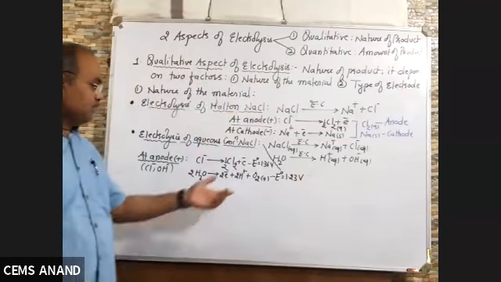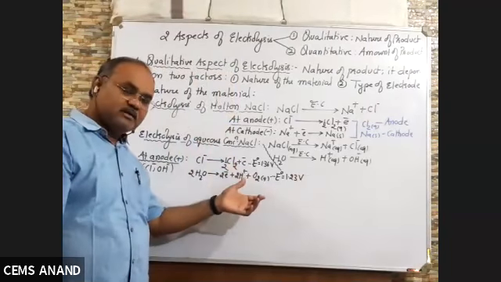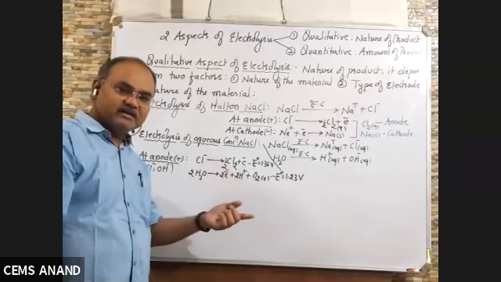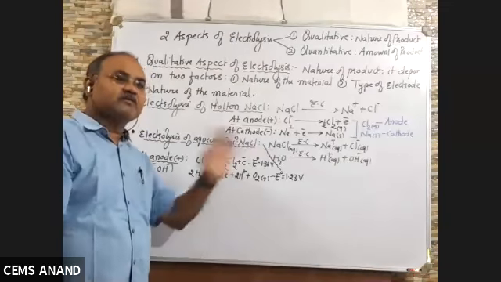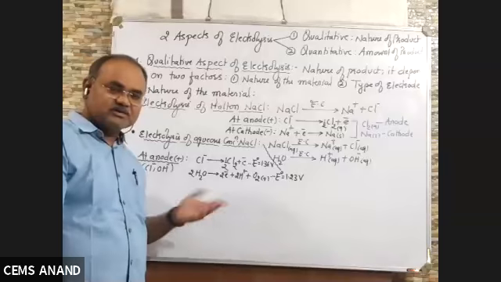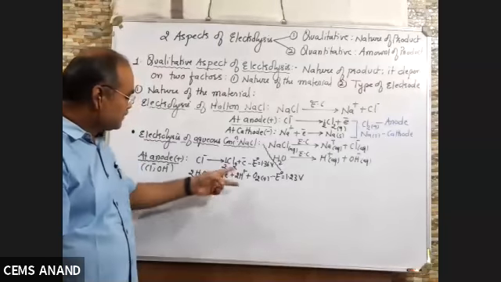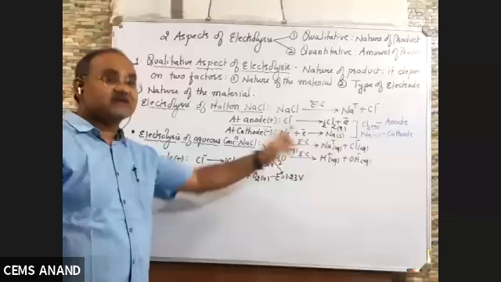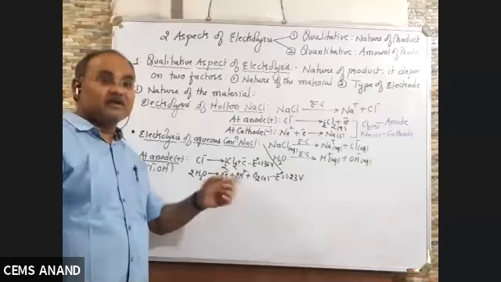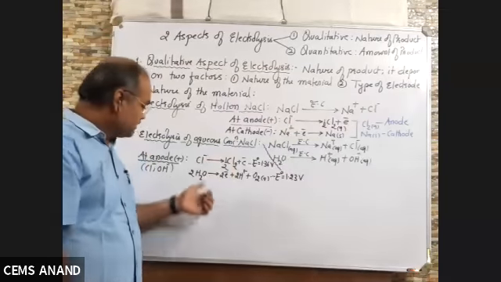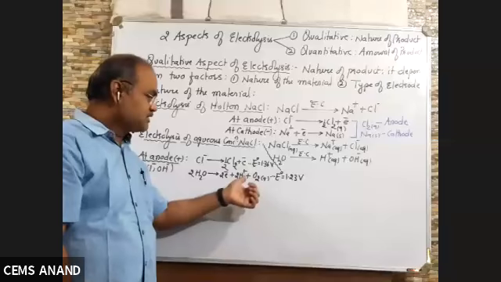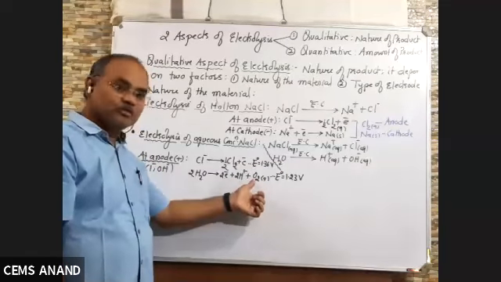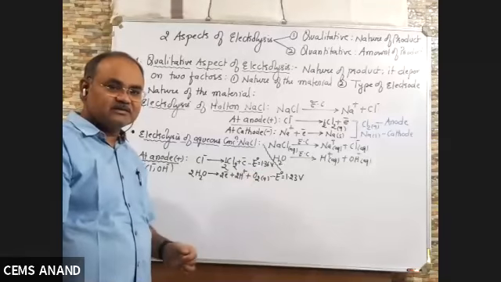Now, we have already studied that if the standard electrode potential is higher, then it will undergo reduction because standard potential is reduction. Here, whose value is higher? Chlorine value is higher. So chlorine should undergo reduction, right? And lower value should undergo oxidation. So water should undergo oxidation in this case. If water undergoes oxidation, product obtained will be O2. But it is not like this.